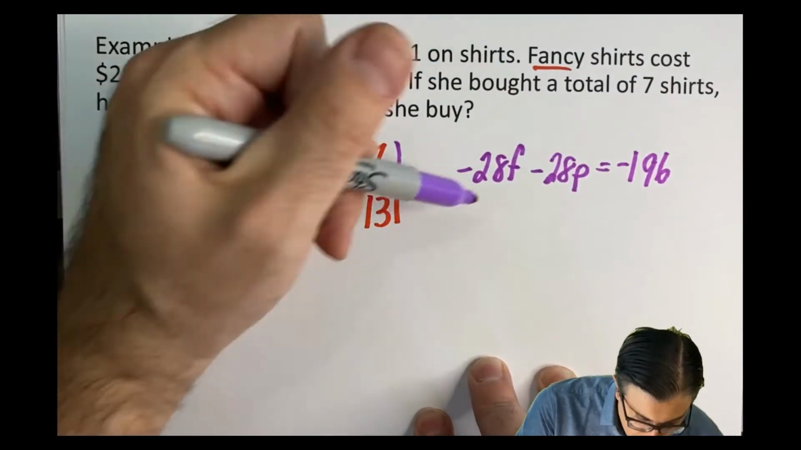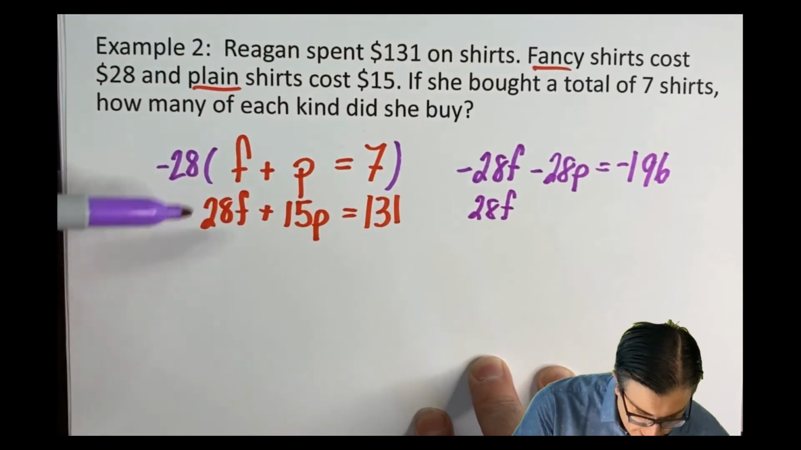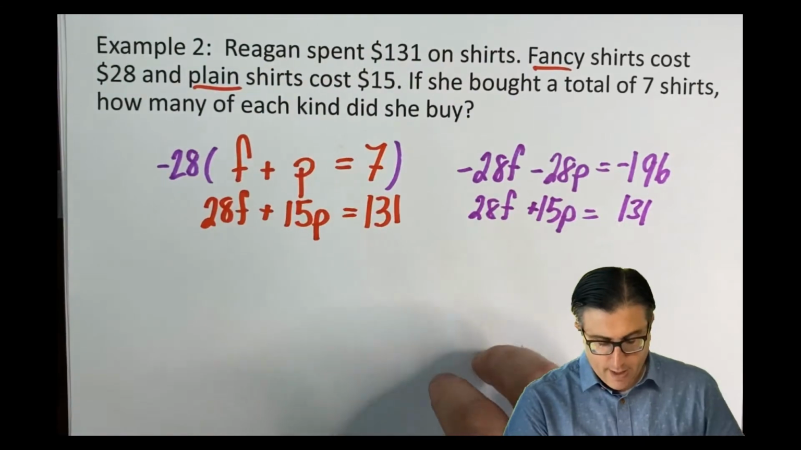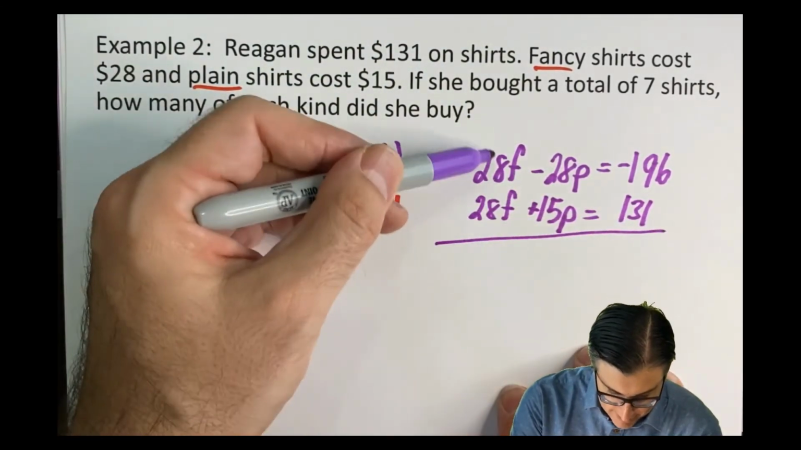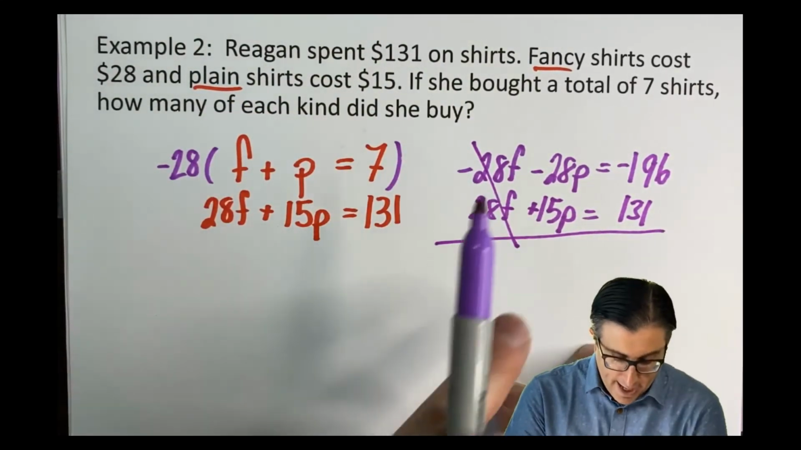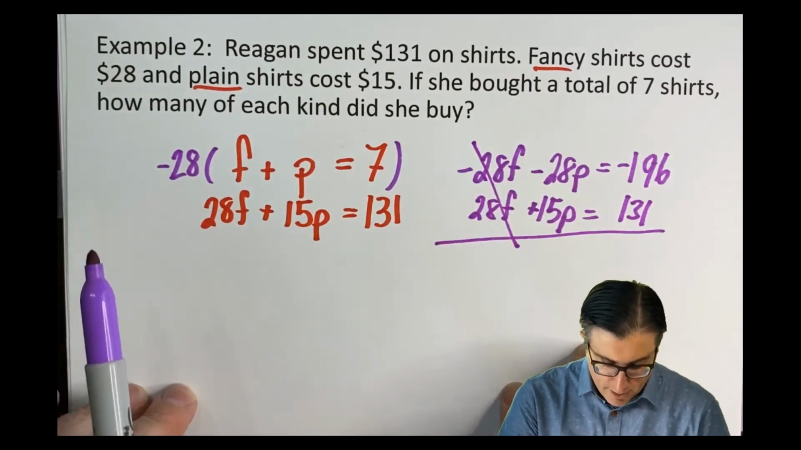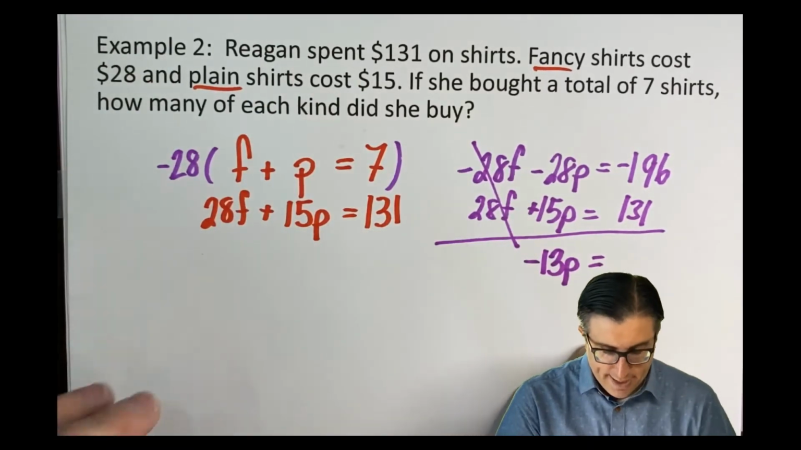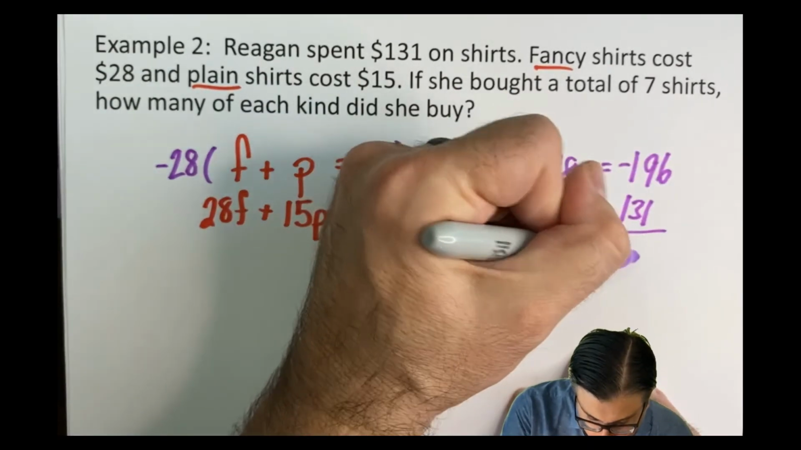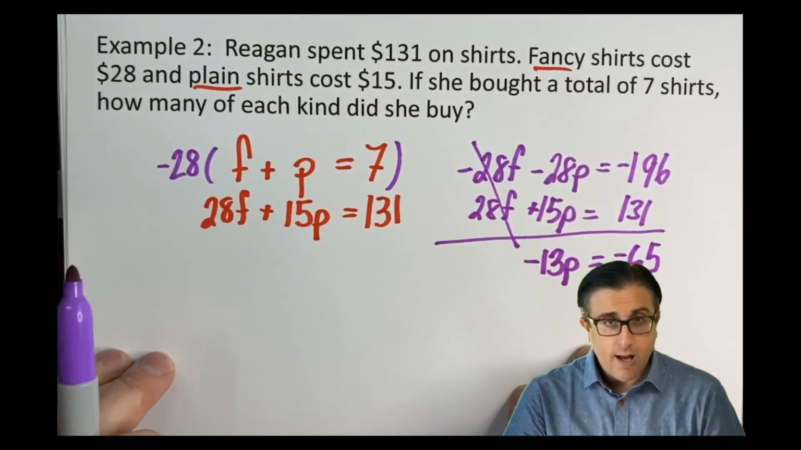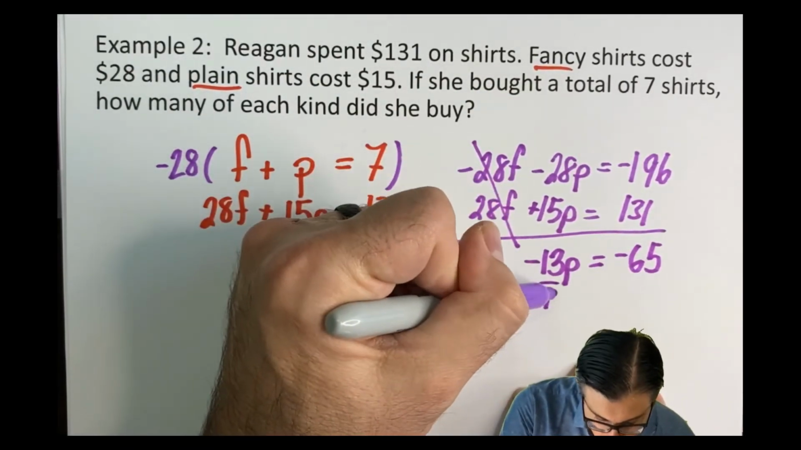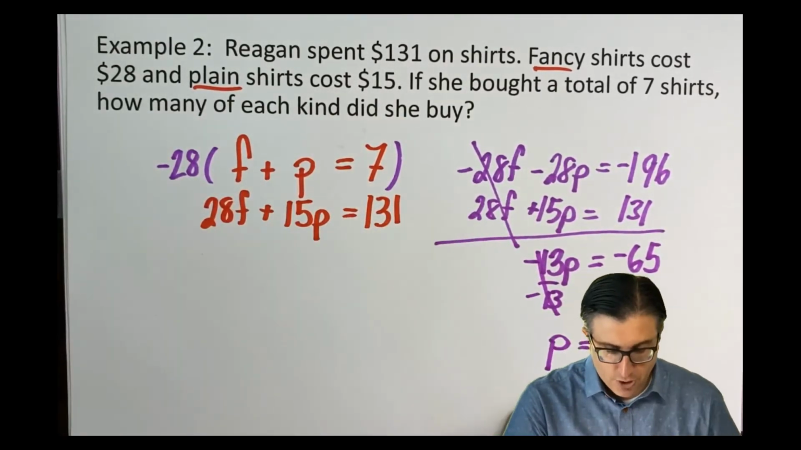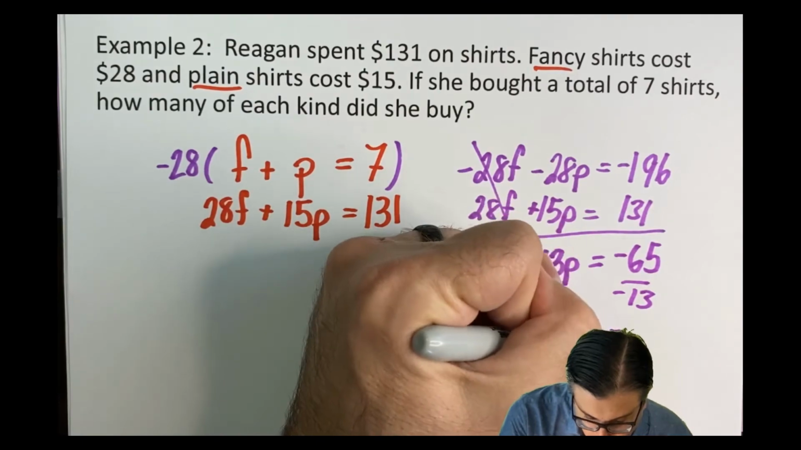This bottom equation had nothing happen to it, so I rewrite it. 28F plus 15P equals 131. I'm now going to eliminate my negative 28 and positive 28, and I add up the rest. Negative 28 plus 15 is negative 13P, and negative 196 plus 131 is negative 65. I have a one-step equation. I divide by negative 13, divide by negative 13, which means P, plain shirts, equals 65 divided by 13 is